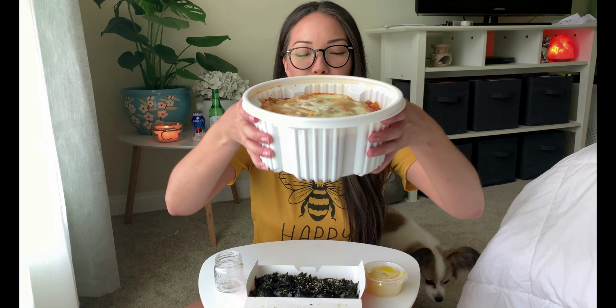Can you see that? This has rice cakes, sausage, cabbage. I got glass noodles, mozzarella cheese. There might be fish cake in here too. I don't remember, but yeah, I'm so excited. And then right here I have the tanmuji, which is just pickled radish. Obviously it wouldn't be a proper K-Town mukbang video if I didn't have